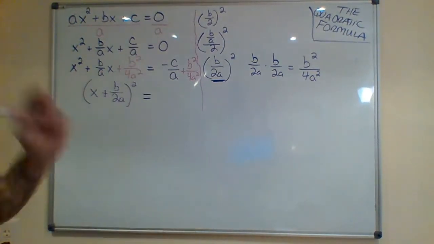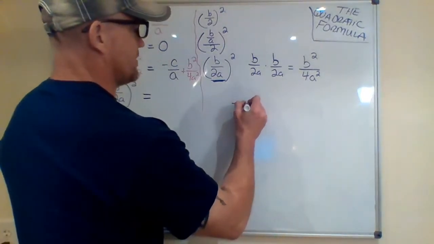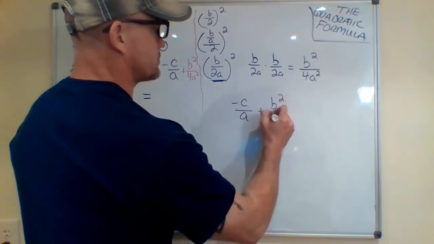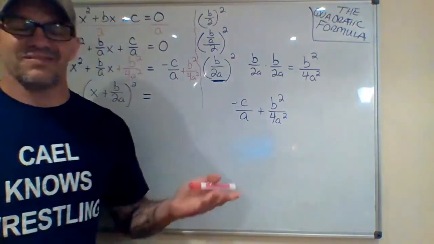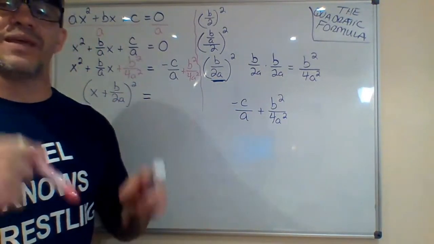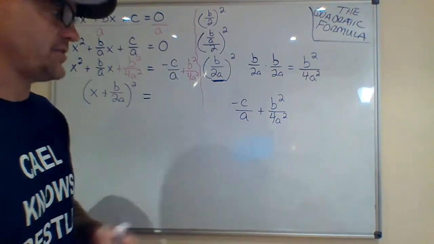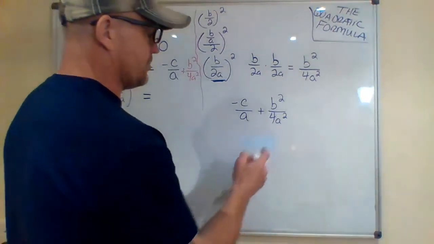So what we're going to do is play a little cleanup game here. Let's go off to the side. I've got the opposite of c over a plus b squared over 4a squared. I can't add those, they don't have the same denominator. But we can get them to have common denominators, just like we would with any other fraction. So I'm going to ask, what's the common denominator between a